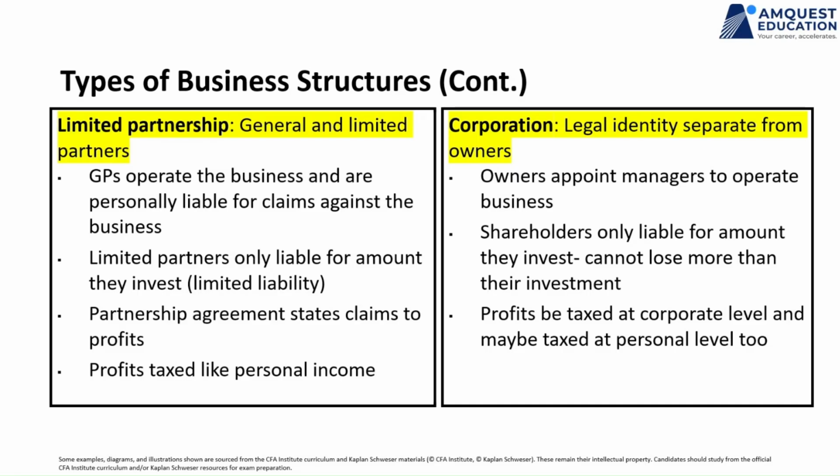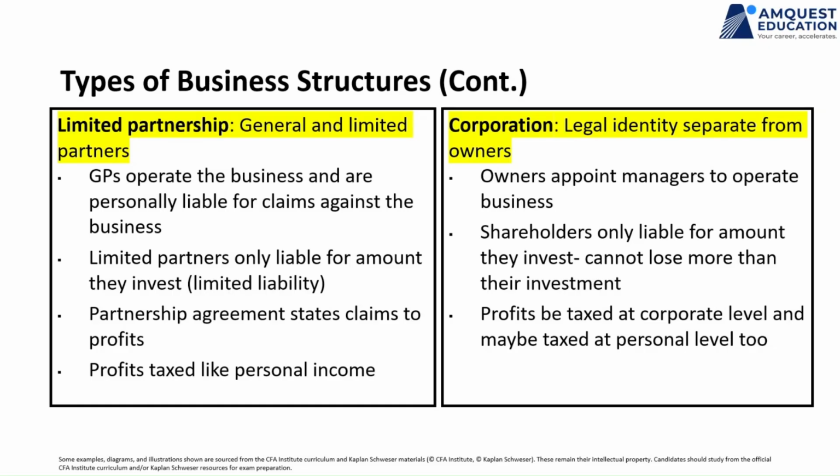If it is an unlimited liability, that effectively means the owner is liable to settle that $1 million payment, and that $1 million may come from the owner's personal assets. So if the owner has a home, a car, or any investments, the bank can claim $1 million against those assets, which means your liability does not stop at the corporate or company level. Your liability comes all the way to your personal liabilities. You will have to settle it using your personal assets, and the bank has full rights to claim money by liquidating your personal assets. So that's an unlimited liability.